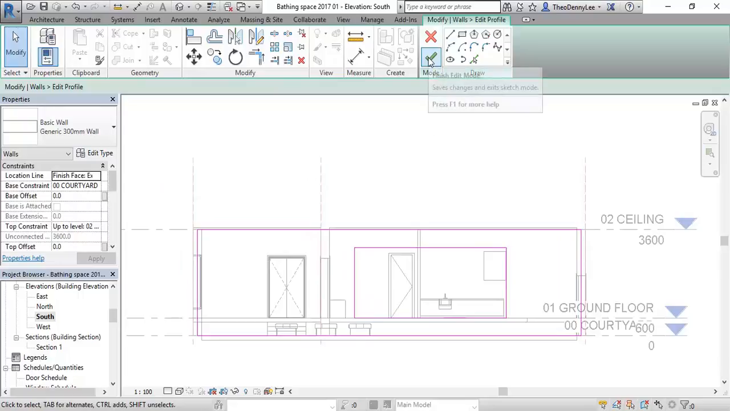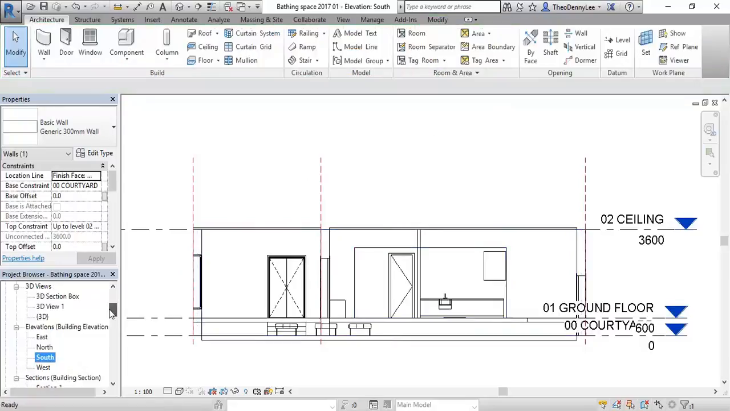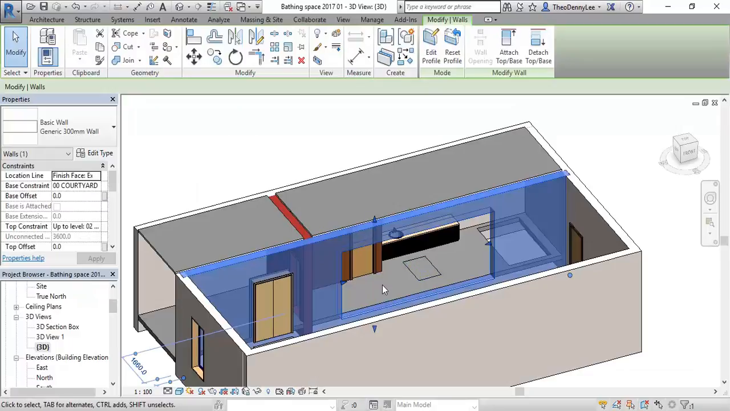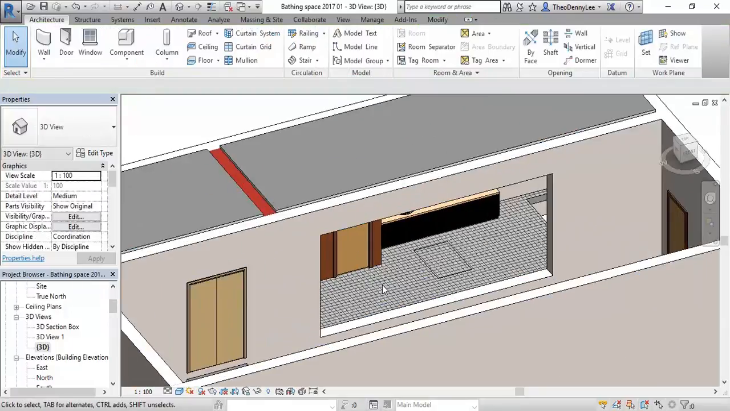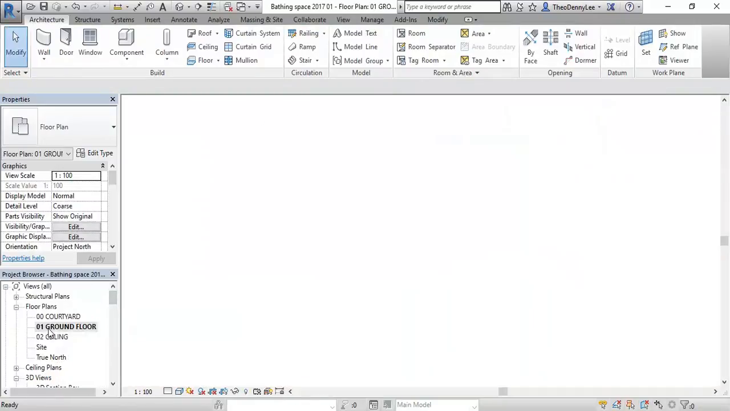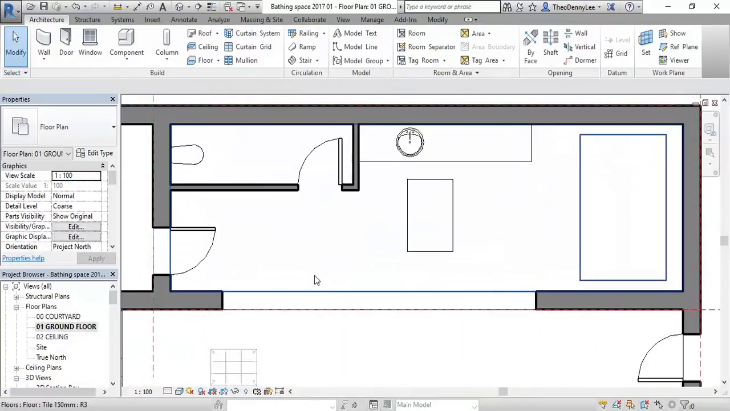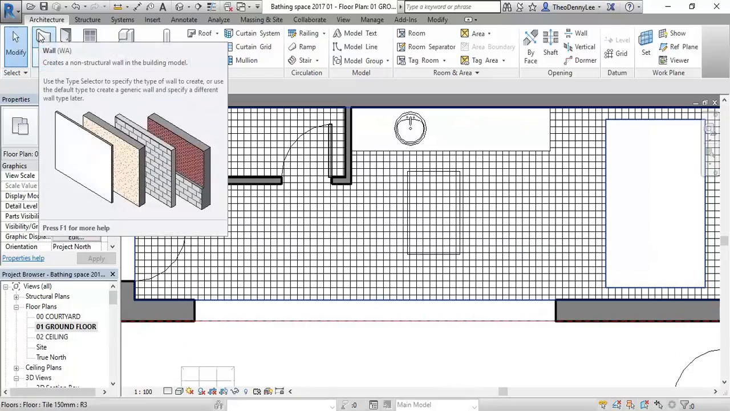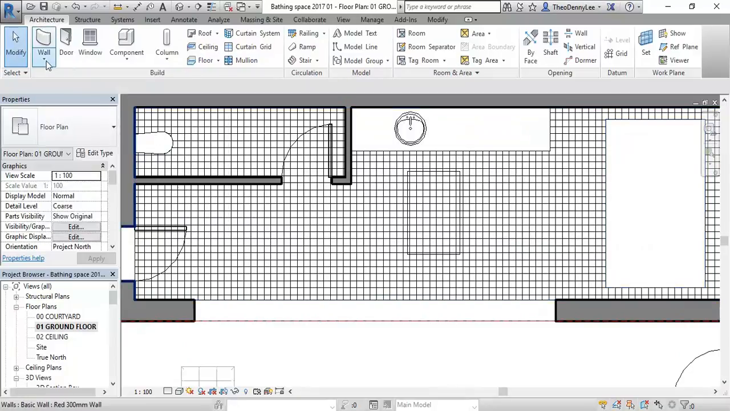Okay, so I'll just tick to finish, and then I'll show you in the 3D view again. Now I can see there's an opening there. Then the curtain wall tool is one that, again, you will be able to use straight away as long as you know that it's there. You do it just with the wall tool,